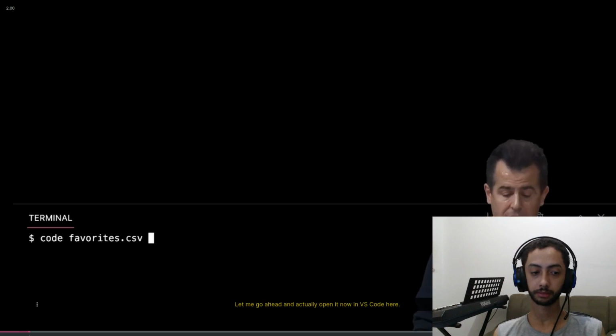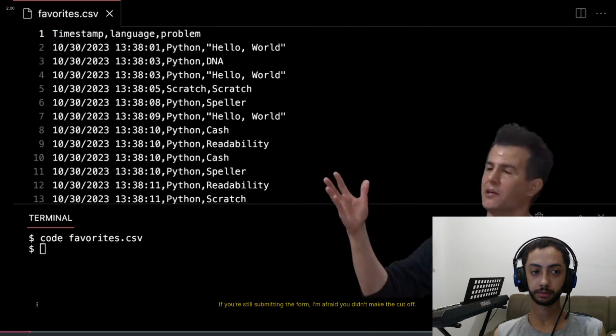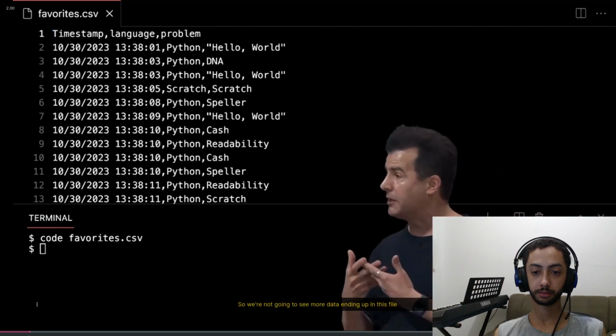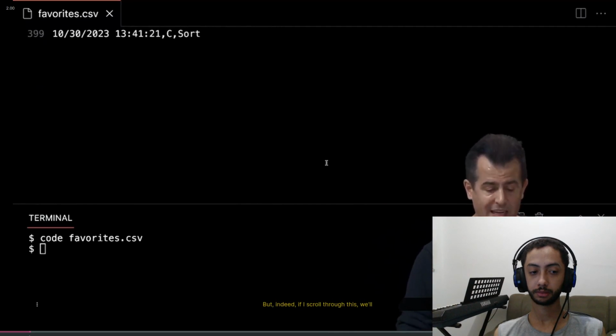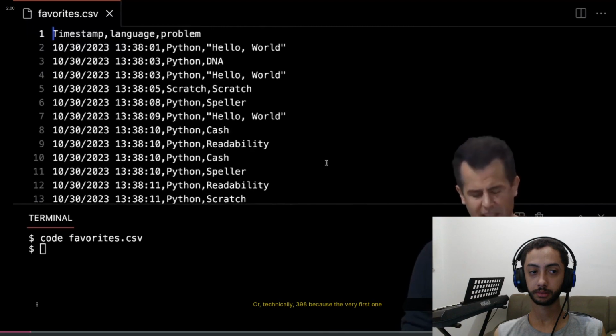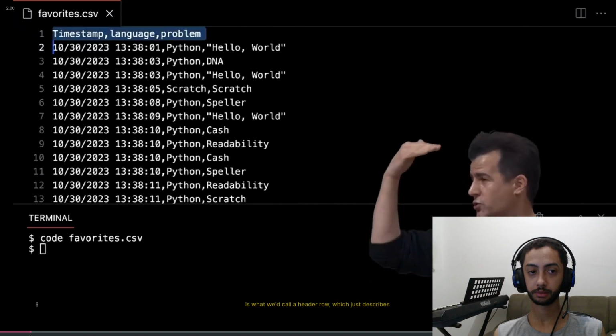Let me go ahead and actually open it now in VS Code here, and this now is the exact same data. If you're still submitting the form, I'm afraid you missed the cutoff, so we're not going to see more data ending up in this file because I've literally downloaded a copy of it. But indeed, if I scroll through this, we'll see that it's got some 399 lines of data, or technically 398, because the very first one is what we call a header row, which just describes what each of these